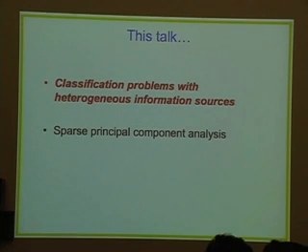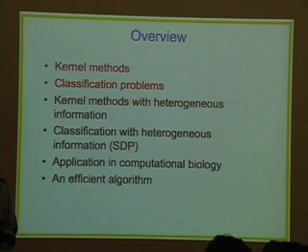So what I'm going to try to do in this talk is cover some of these challenges that I mentioned before, including the diversity of information that I just talked about a little bit, by giving two examples of problems that I worked on. One of them is specifically classification algorithms for dealing with heterogeneous information sources. And then there's a second one on sparse principal component analysis, which mainly deals with these sparse types of algorithms. To talk about the first one, I'll first give a short introduction on the philosophy behind kernel methods.